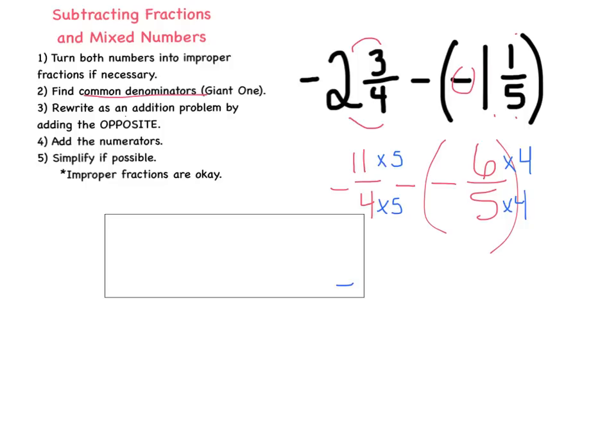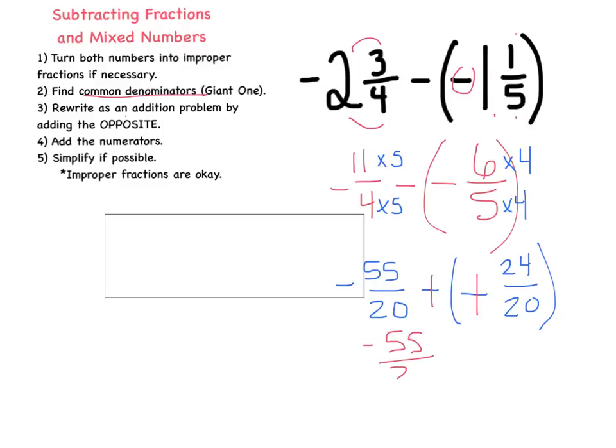We have negative 55/20 minus negative, and 6 times 4 is 24/20. All right, we've got our common denominators, and now we can go ahead and rewrite this as our addition problem. So the minus negative 24/20 becomes plus the opposite. So you're adding the opposite, and you end up with, I'm just going to rewrite it so it looks a little nicer here, negative 55/20 plus